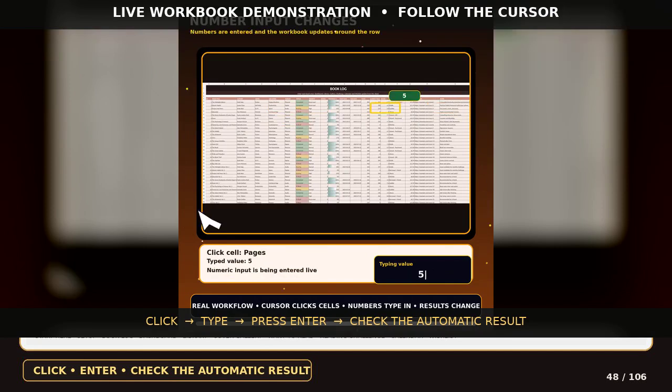This is the central idea of the template. Enter the fact once, then let the connected calculations do the summary work. When you finish a book, set current page equal to total pages, change status to completed, and enter the end date. For an unread book you used to read, leave the current page at 0 and add a priority that